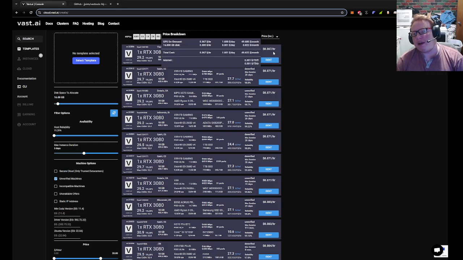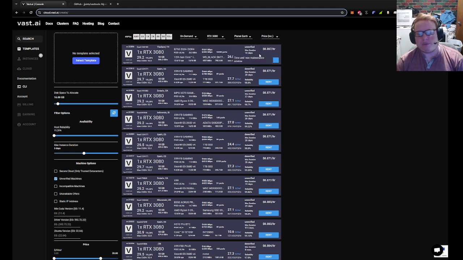So the way to calculate this, you want to make sure you have people paying for your internet. Are they going to throttle your internet sometimes? And also your storage. You want to make sure you set a price for that. Like I said, we'll make another video about that. But anyway, if you're doing a 1X 3080 machine like this,